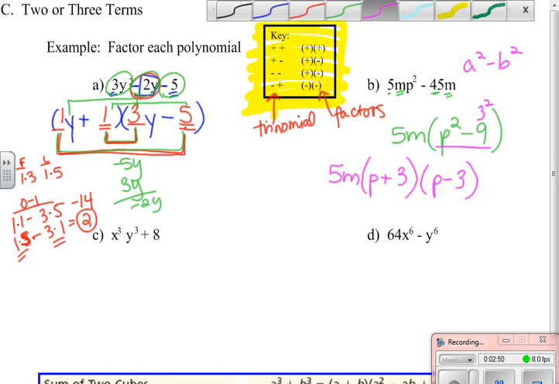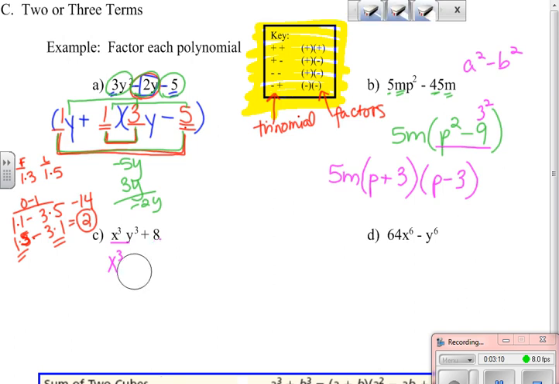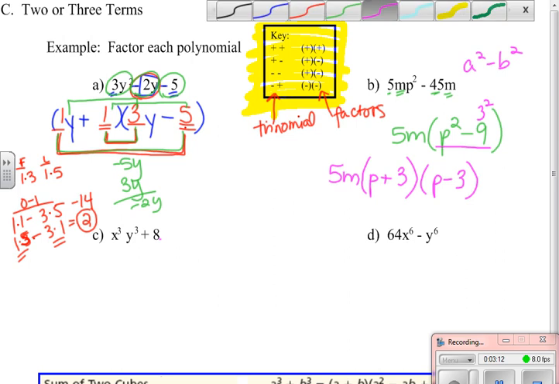When I go to this next example, again I have two terms. Are there greatest common factors? No. The fact that these two are both cubed makes me take a look at this, that maybe I have my difference of perfect cubes. Well, 8, and actually I'm going to write this like so,